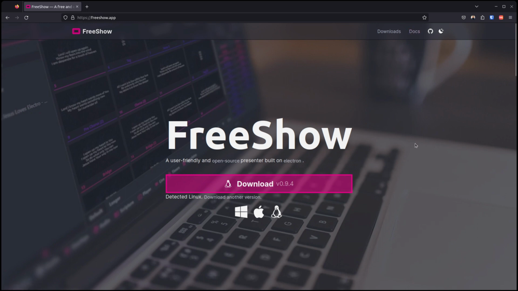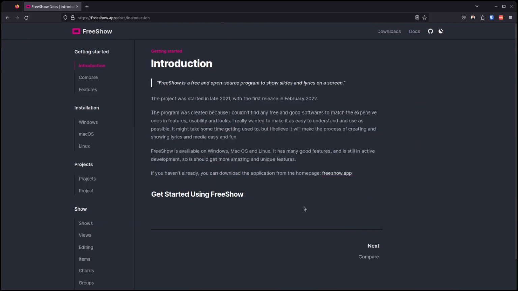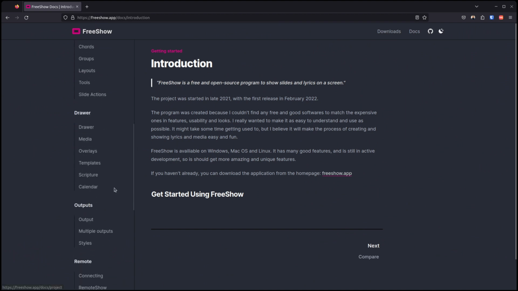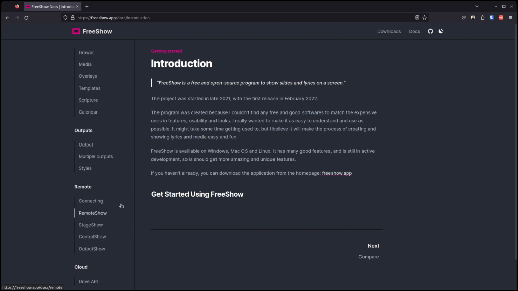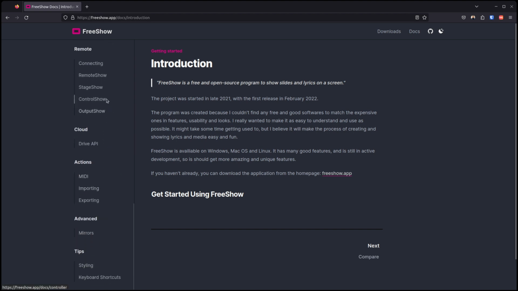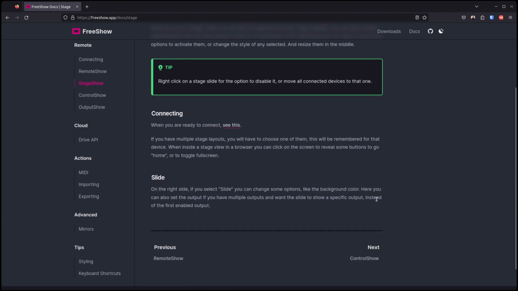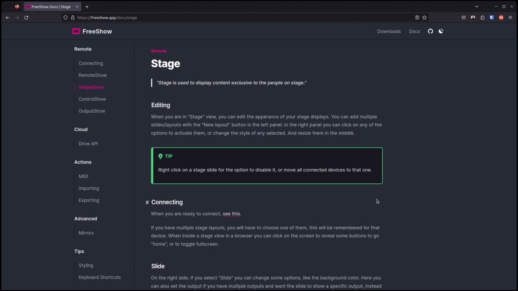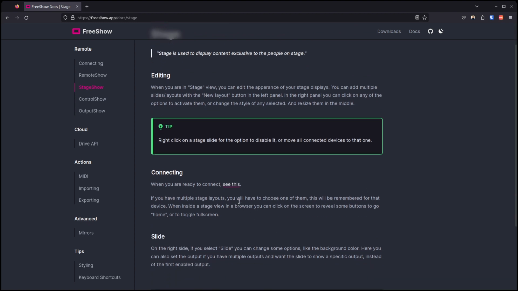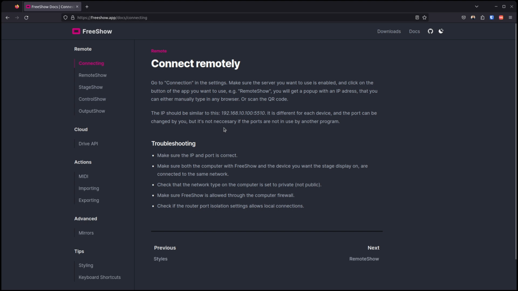I went to the docs on the freeshow.app documentation page anyway, and found the documentation I needed for stage display, and it told me exactly what the settings was trying to tell me, that you use a browser. I just didn't recognize it until I read it in the documentation. You use the IP address of your local machine with the right port, and